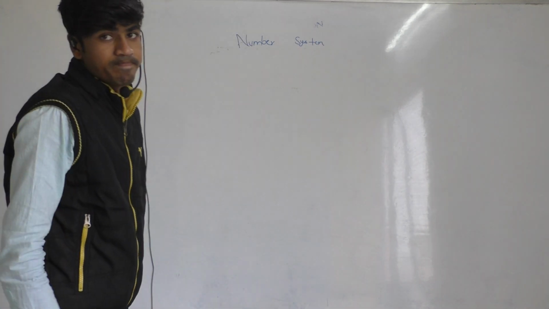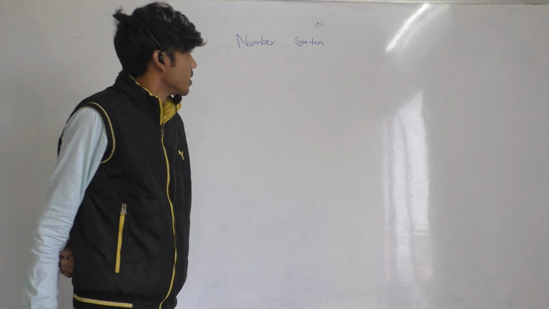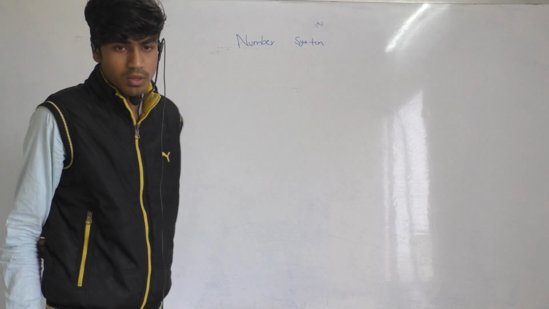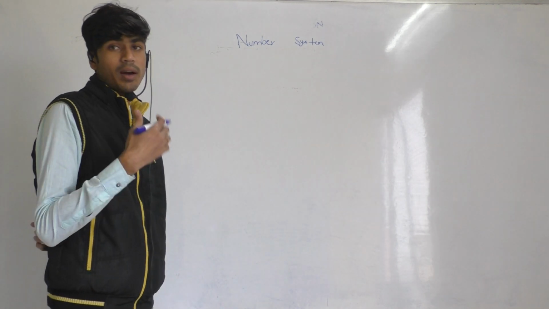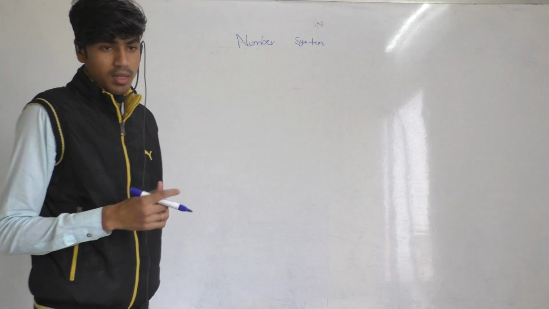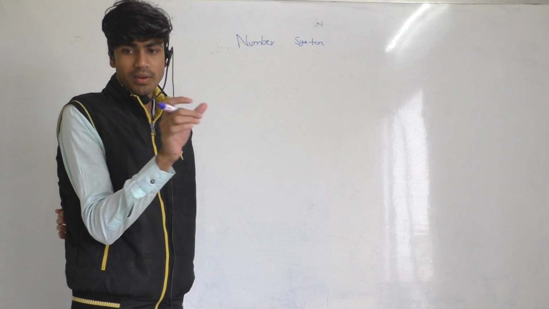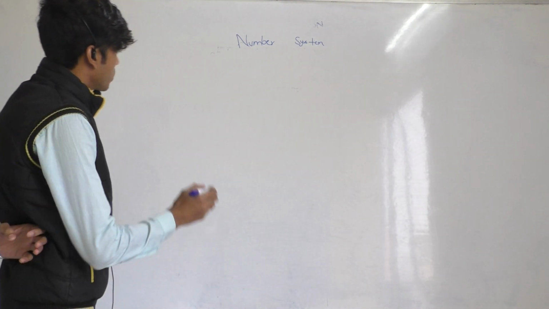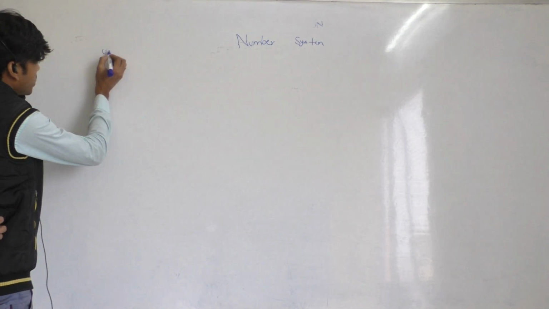Number system, as the name suggests, is a system which contains numbers. As we know, we use a lot of numbers in our daily life. So there are groups of numbers that are known as the number system. These are defined as natural number,